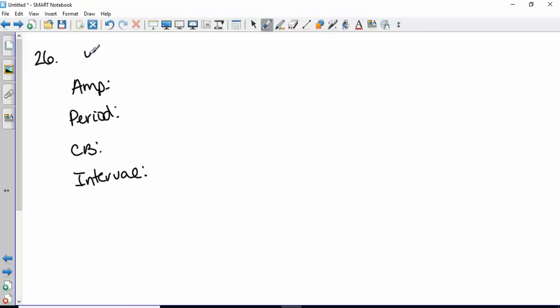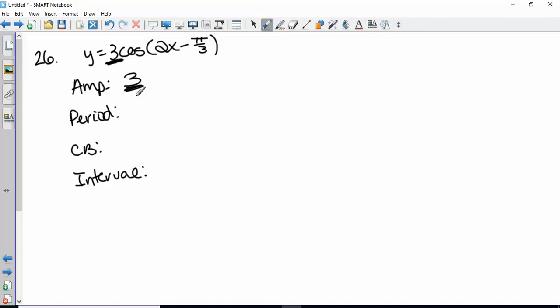Okay, so we are graphing y equals 3 cosine of 2x minus 5. So what is our amplitude? Where do we look for the amplitude? The coefficient, the number in front of our trig function. So my amplitude is